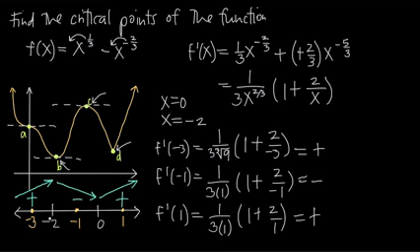And now what you've got is a picture that makes it real obvious that if the function is increasing to the left of -2 and then decreasing to the right of -2, then x equals -2 has to be a critical point because the original function changes direction there from increasing to decreasing. Therefore, x equals -2 does represent a critical point of the function, and in fact, it's a local maximum because